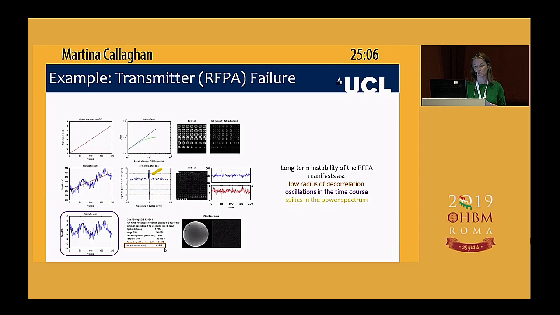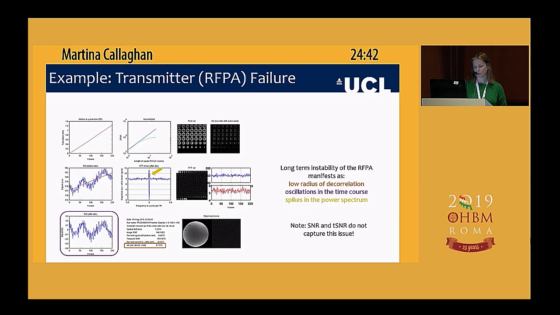And it's also then leading to a drop in the RDC. So that means that this green curve is falling away from the idealized case much more quickly. Okay? So in this case, it was because we had a temporal instability in our RF power amplifier, what's being used to do the transmission or excitation process. And because of that, we got all of these erroneous